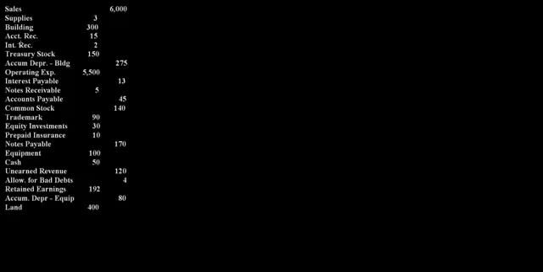All right. So what we're going to do is first of all, I'm always going to walk through my trial balance and start to label these items to figure out where they're going to go on the balance sheet. So my first one is sales, and I know that's a revenue, so I'm going to mark these things. That's a revenue. Supplies, this is going to be an asset on the balance sheet,